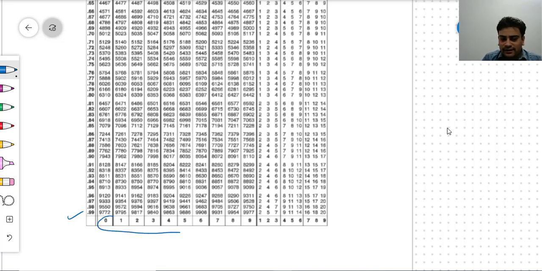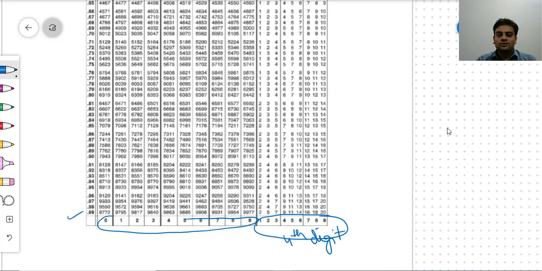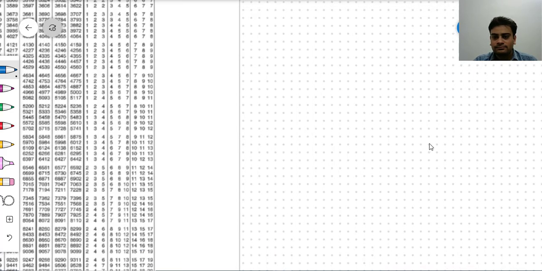Then your third digit, those are given here. And your mean difference or your fourth digit is basically here. So everything is the same, you just need to remember that mean difference is always added in the last digits, right? So just keep these things in mind, and then you look at the tables for the mantissa values, and then you can find the log and anti-log values, right?